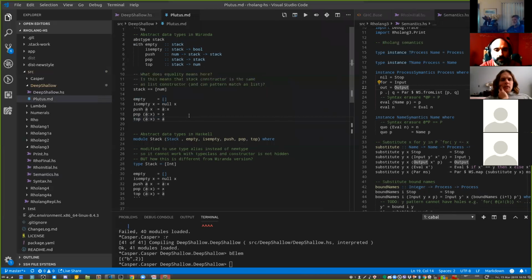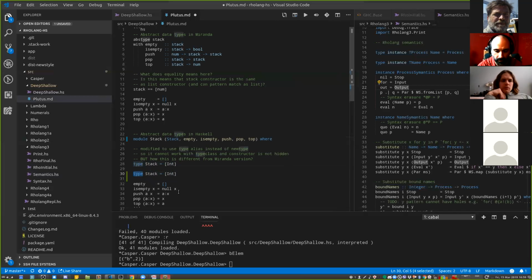He was saying that the Haskell representation with the stack that hides a constructor is very different from this definition in Miranda. But I rewrote his example just to use aliases. So I'm not using the concrete data